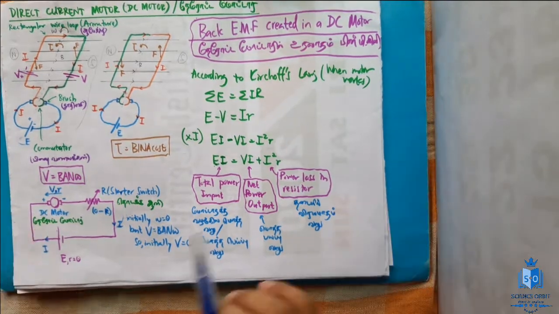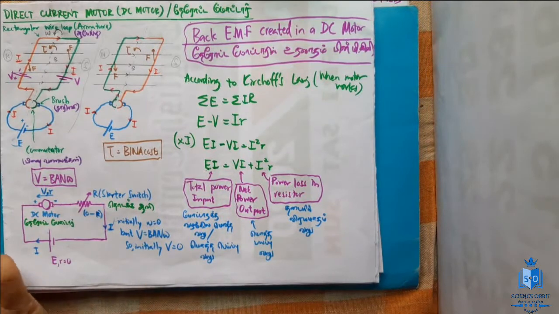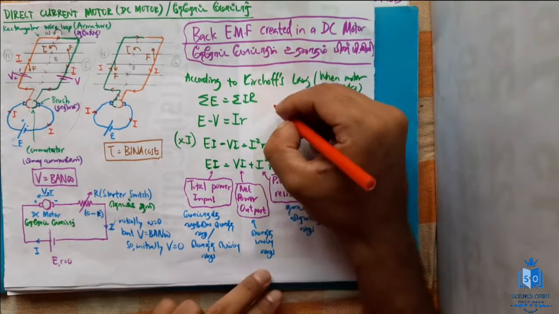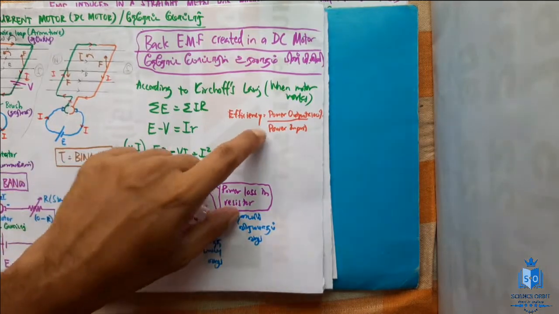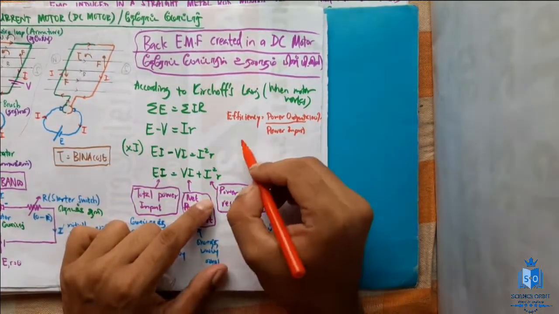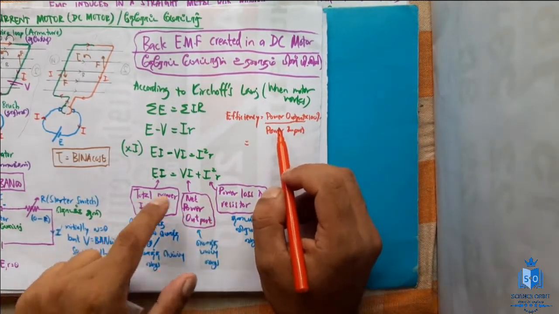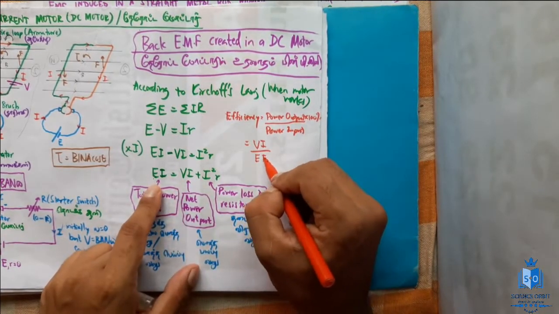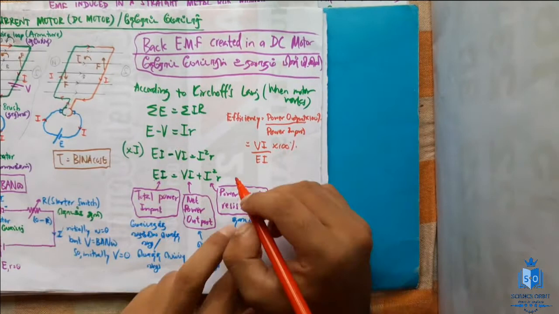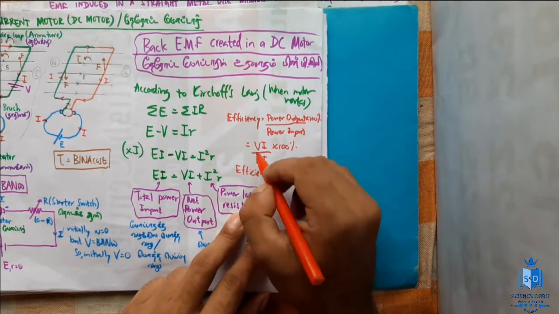Right, fine. Now finally, when power input, power output and everything are involved, there is another component we have to study, that is efficiency. All right, efficiency of motor. So what is efficiency, people? Efficiency is power output over power input into 100. So efficiency is equal to power output. What is the power output? That is VI, divided by the power input, EI, into 100. And what happens finally? You can see I will be cancelled out, so finally you will end up with an efficiency equal to V